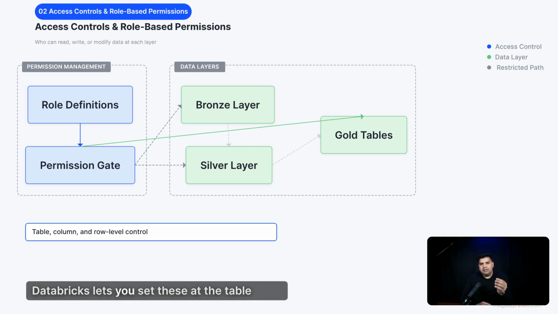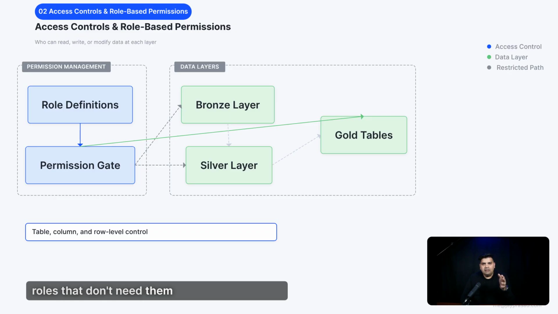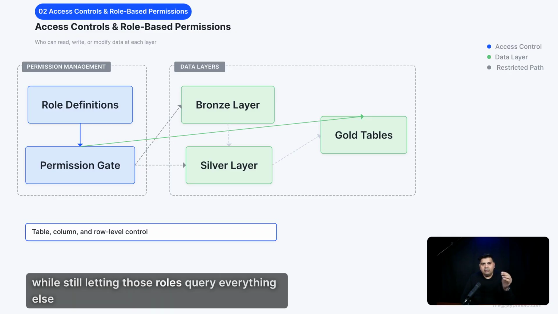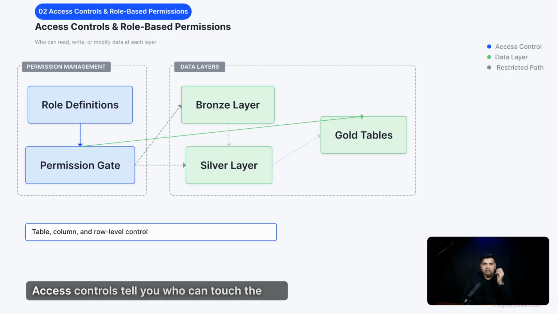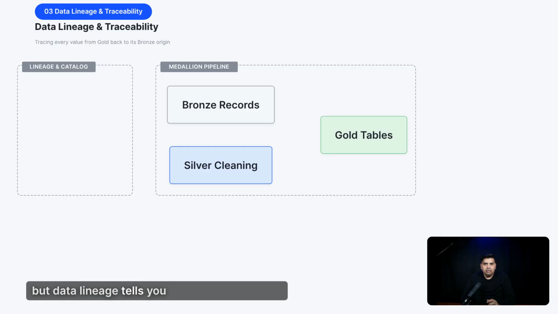Databricks lets you set these permissions at the table level, the column level, even the row level. You can hide sensitive fields like social security numbers from roles that don't need them, while still letting those roles query everything else. Access controls tell you who can touch the data, but data lineage tells you where the data